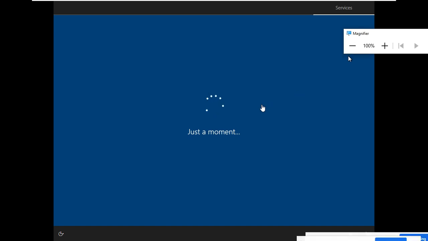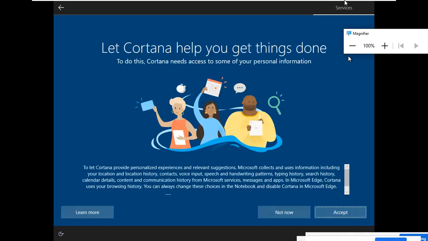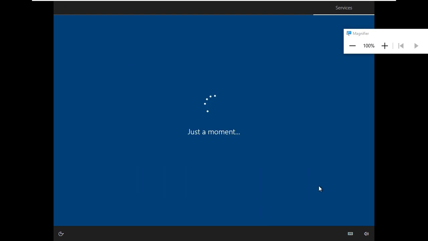These are all post-installation options. It is asking about letting Cortana help; you can accept or not, either is okay. I'm just putting accept.